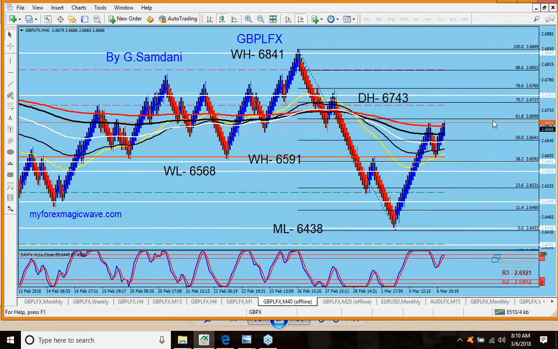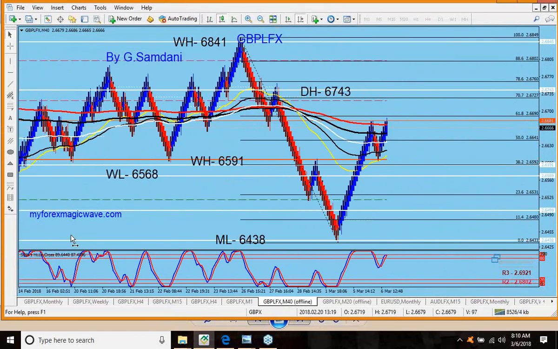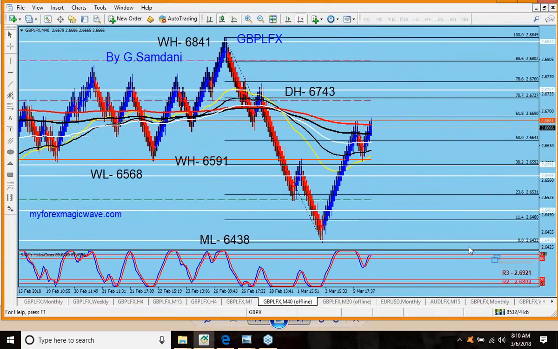And you can clearly see that we are about to touch that 61% and may get stopped here. This would be wave 1 and 2 maybe, to the downside. And then the downside may continue later on. So these are called swings. My 40-minute chart, which I'm using right now here,